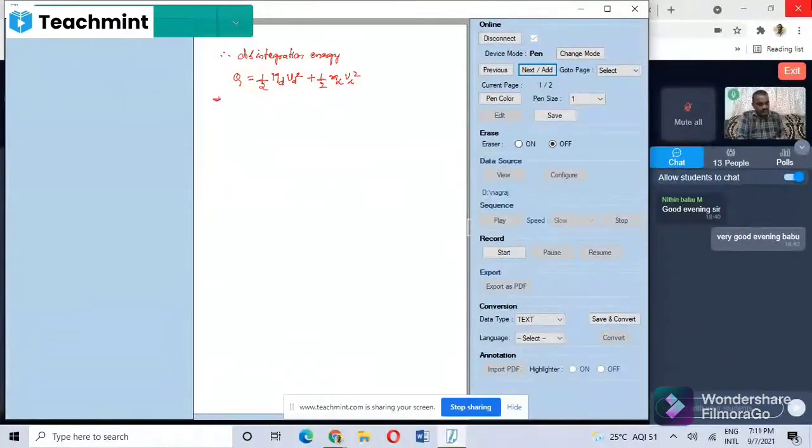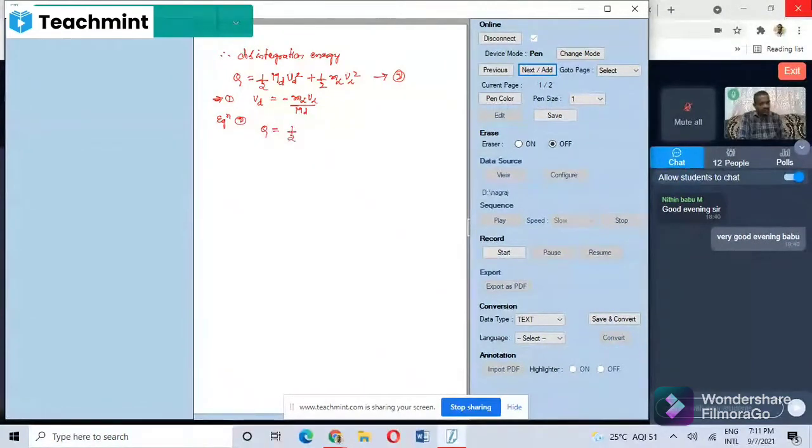And we know from equation 1, what is equation 1? Capital M_D V_D is equal to minus m alpha V alpha, or m alpha V alpha is equal to minus M_D V_D. So from this equation, V_D is equal to minus m alpha V alpha divided by capital M_D. If you substitute this value of V_D in equation number 2, equation 2 becomes Q is equal to